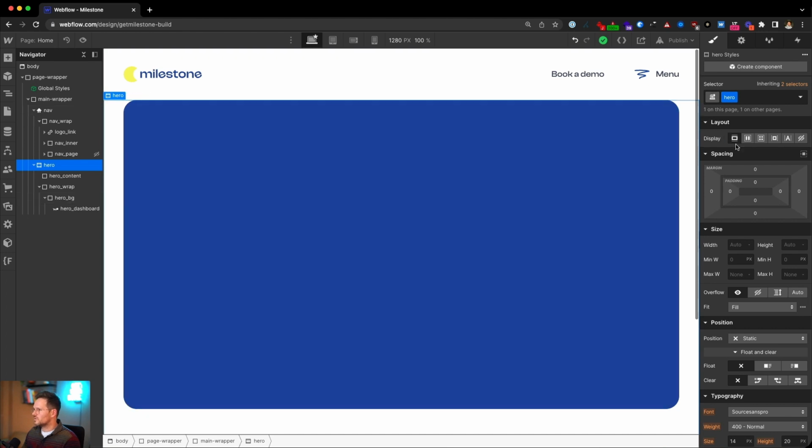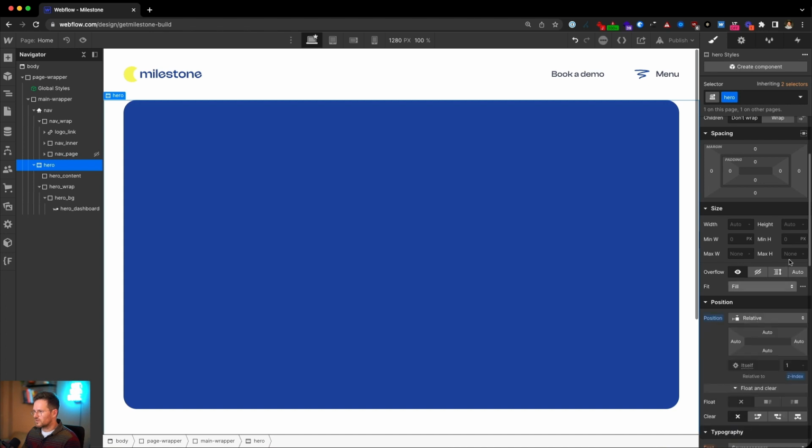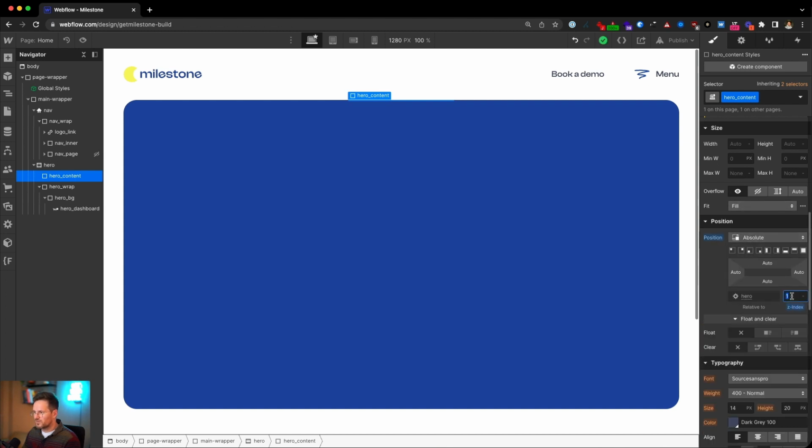The hero needs to be display flex, vertical is fine, align center also, and we have to give it a position relative and a Z index of 1, because we want the hero content to be positioned absolute. So it fits in place, we need to put the parent, the hero, on position relative. So back to the hero content. Let's change its position to absolute and also give it a Z index of 1.